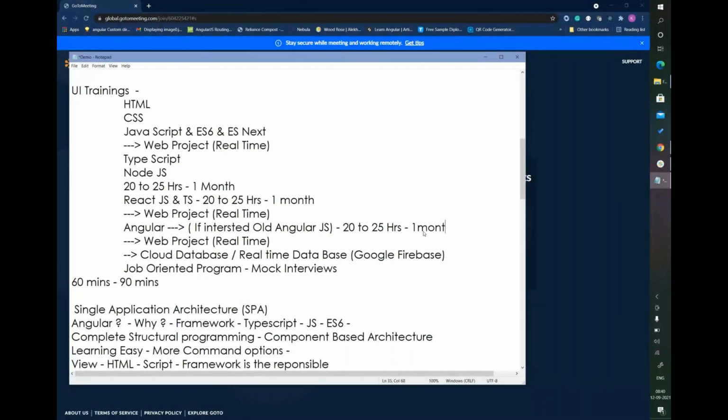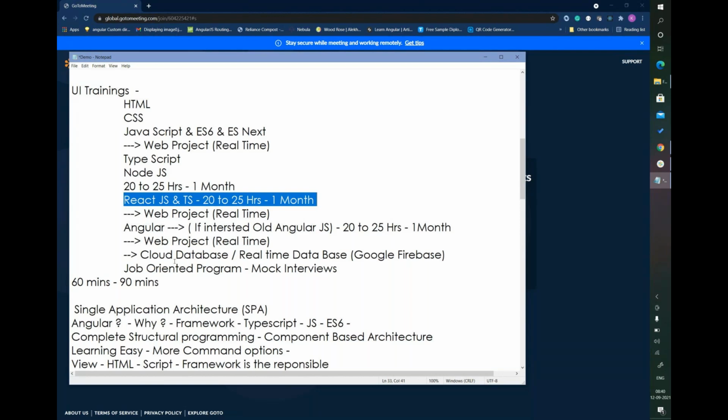If most of the people don't want React JS, or you completely don't want it, let me know, and we will switch, because few people are interested in both things, and we'll first learn Angular and then React JS.